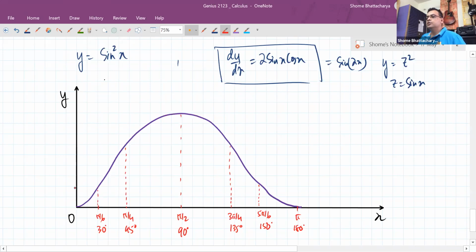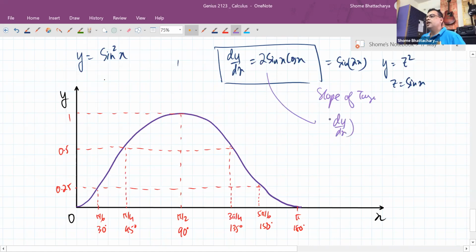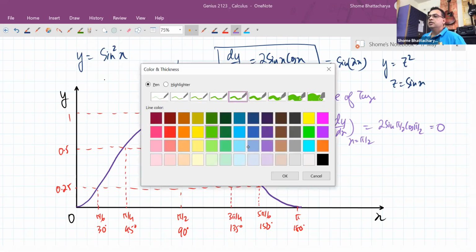Now I'm talking about the slopes. Okay. So this was 0.25. Okay. This was 0.5. This was 1. Now let's talk about slope. Slope of tangent. So that is the value of dy by dx. So slope of tangent at x equal to pi by 2, for example, you can see is sine 180, you can write it as 2 times sine pi by 2 cos pi by 2, which by definition I know is 0. So how that is making sense in the graph, you can see that if I draw tangent at